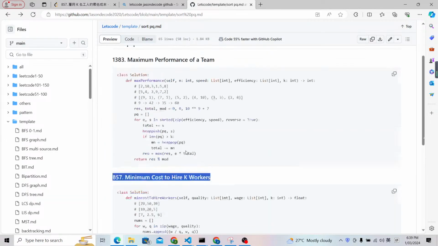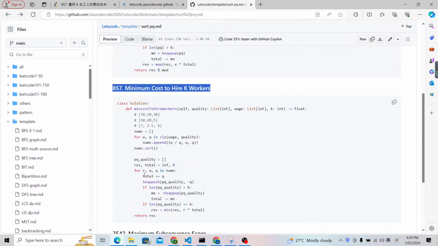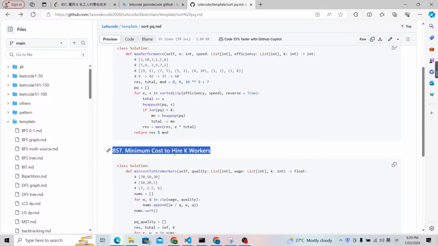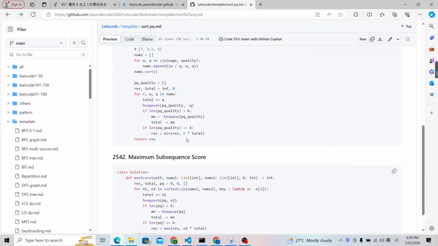So as I recommended from here, you can check my GitHub and try to practice these 3 problems because they are exactly the same: minimum performance of a team, minimum cost to hire K workers, and maximum subsequence score. If you read the title,